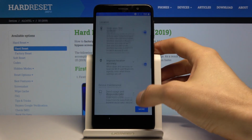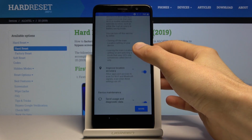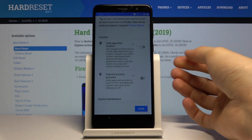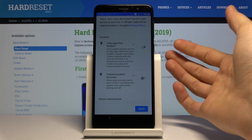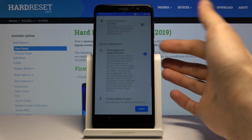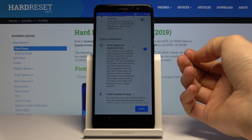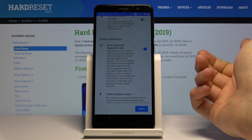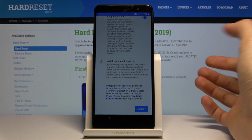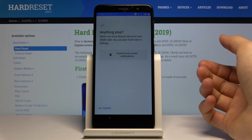And from here we have some Google services, so you can read one or all of them, see what they exactly do, and then disable or enable them. Things like localization, once you disable it, there will be certain apps that will require it, for instance Google Maps, so then it will prompt you to enable it. Then you have send usage and diagnostic data, so basically the phone will gather data on, I assume, what you're doing on it and how often, stuff like that, and then it will just be sending that to Google. And yeah, so you can disable all of these if you wish, and then tap on accept. And anything else,